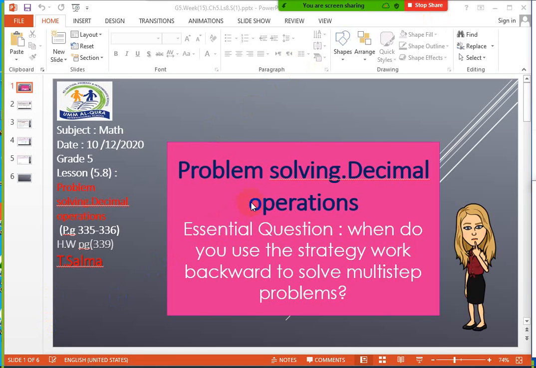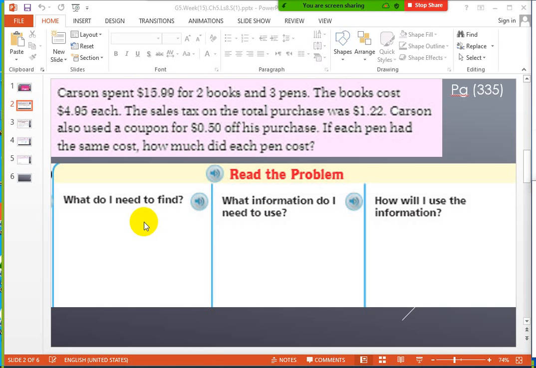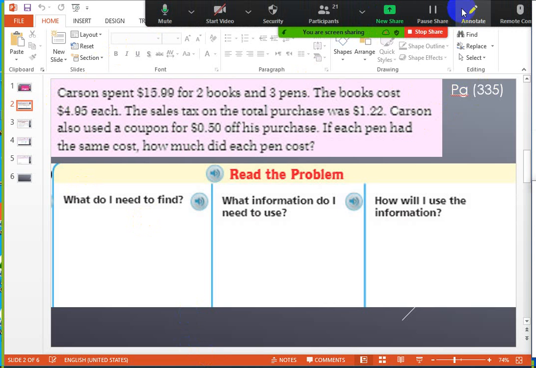Okay, girls. So today our lesson is problem solving with decimal operations. We will use decimal operations to solve a problem. Now we will see which strategy we will use to solve a multi-step problem. Let's start with the first one and read together to understand the problem. The first step is how I will read and understand the problem. First thing, on page 35,